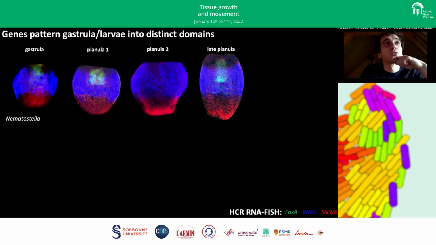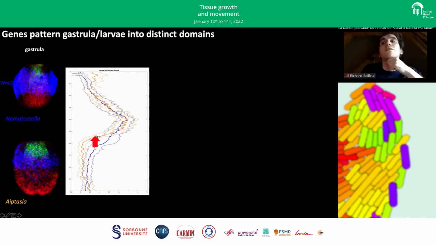Here are 3 genes in both species separately. And if I focus just on these 2 domains already, yeah, we can combine this gene expression and